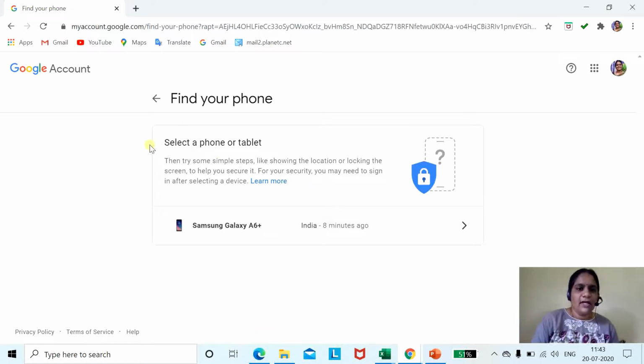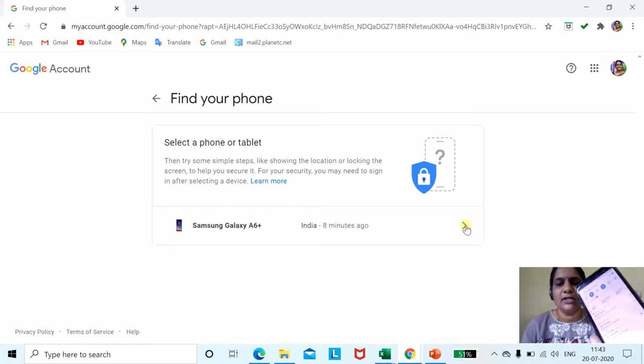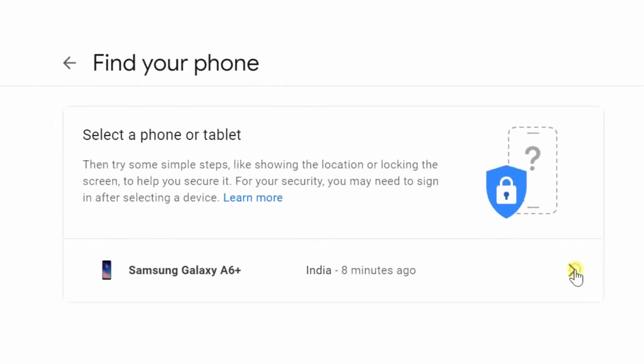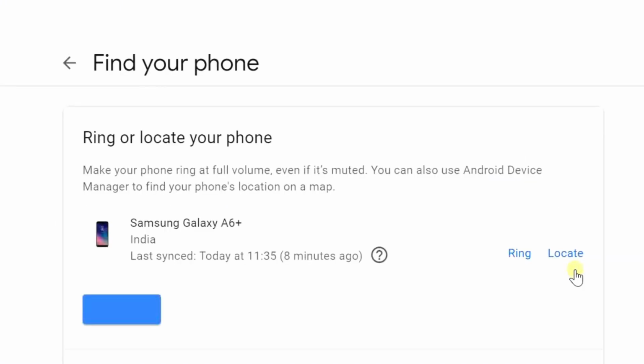and we come to know that my registered phone brand is this. And right now, as I have shown you people that my phone is on silent mode, so what I want to do, I just want to check out where is my phone. So to do this, I will just click here. You can see that my phone name has come. Okay, so timing is shown right now, today is 11:35. Now what I will do, I will just click on ring.